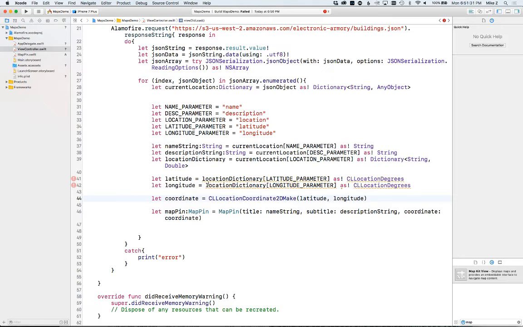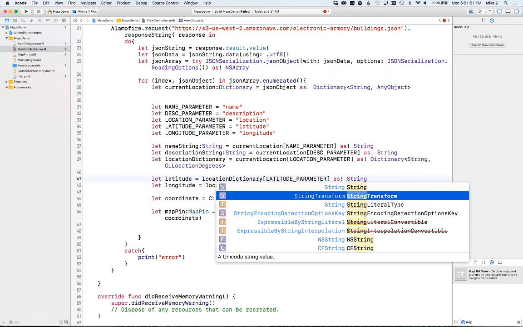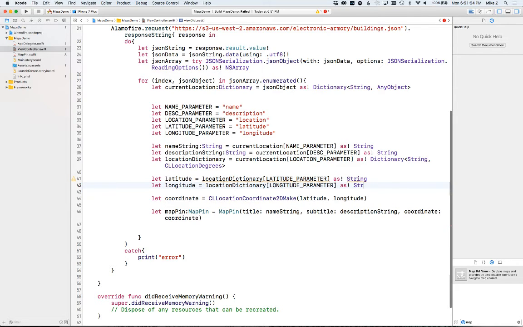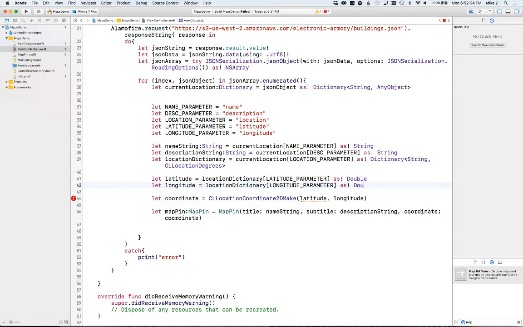Okay, so this is coming, let's see, if I just actually put this as a double. Okay, I'm going to have to do something real quick here. So instead of this coming out as a double, this is going to come out as a string. This is going to come out as a string, because I know they're doubles. I was going to say, make them a string and then cast them to a double, but